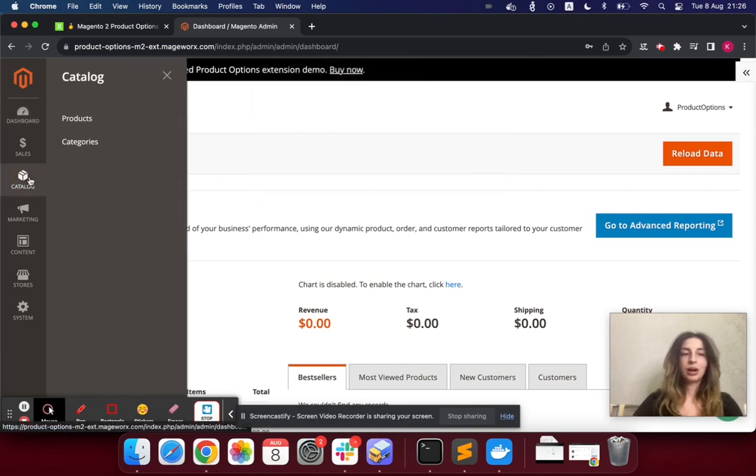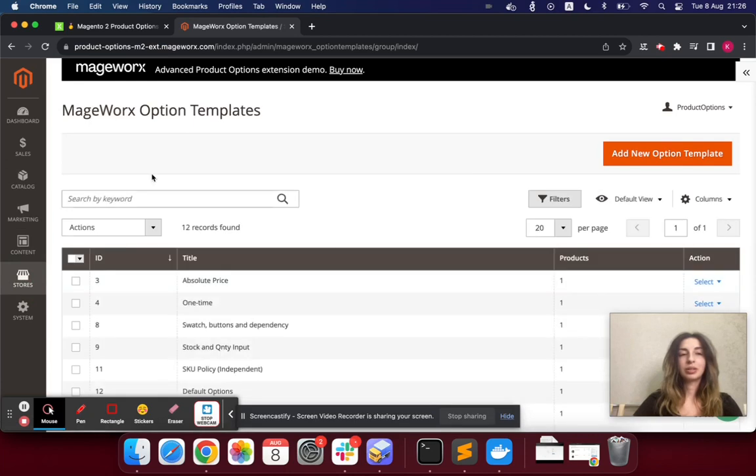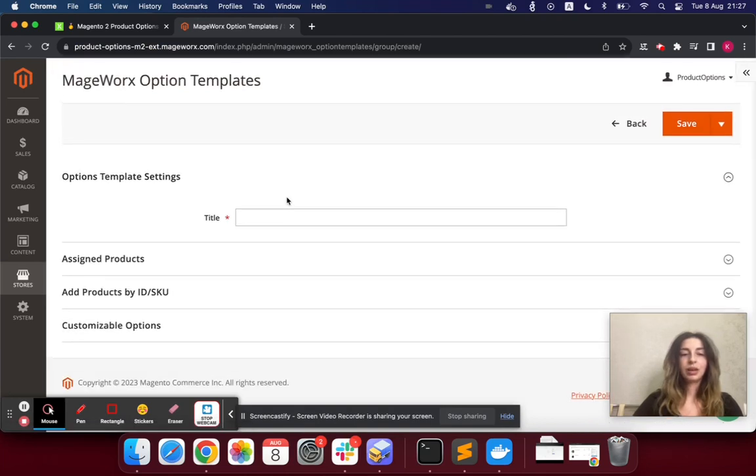So you can work either following catalog products or stores manage option templates. So I will select manage option templates. You will need to create a new option template, and for that please click add new option template button. Here please insert the title, for example test,